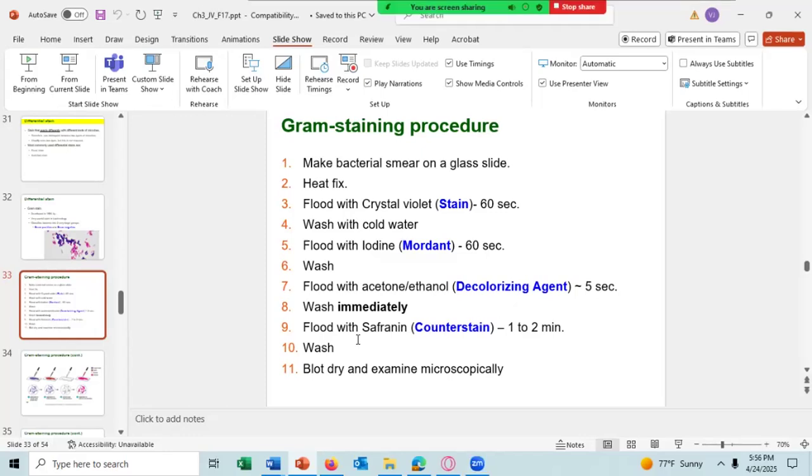You then flood the cell with safranin. It's the counter stain. A counter stain has a different color than the primary stain, and it's the second stain you use. You apply it for 1 to 2 minutes, and then you wash that off with cold water. You then blot it